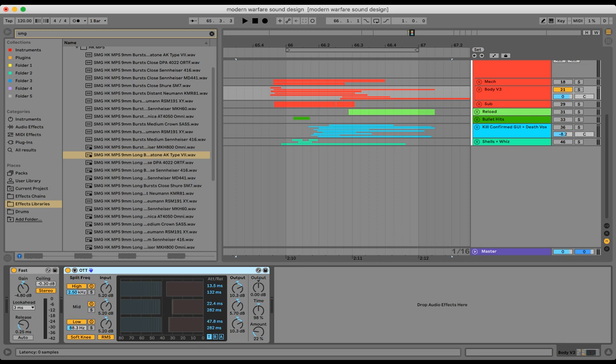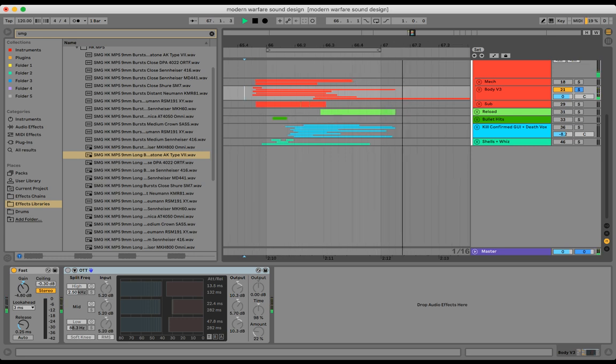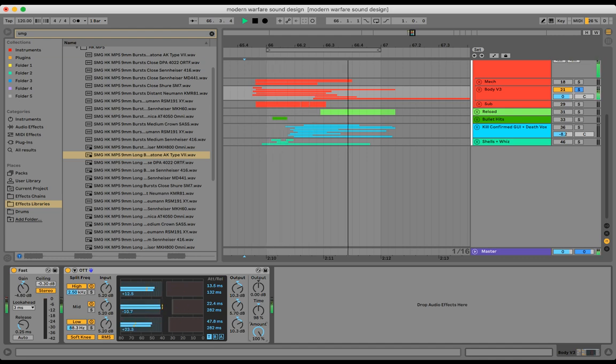a sound. If I added 100% OTT, I'll show you what the difference sounds like on this body layer. So here's body layer without OTT. And here's body layer with 100% OTT. It literally brings out the most volume of every part of a sound, and it just squashes it to hell, which is so... I mean, it's so rare that you would use OTT at 100% dry wet,